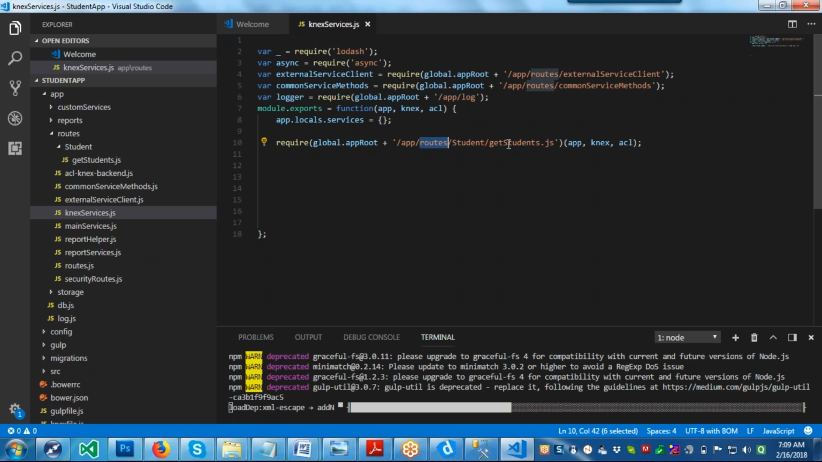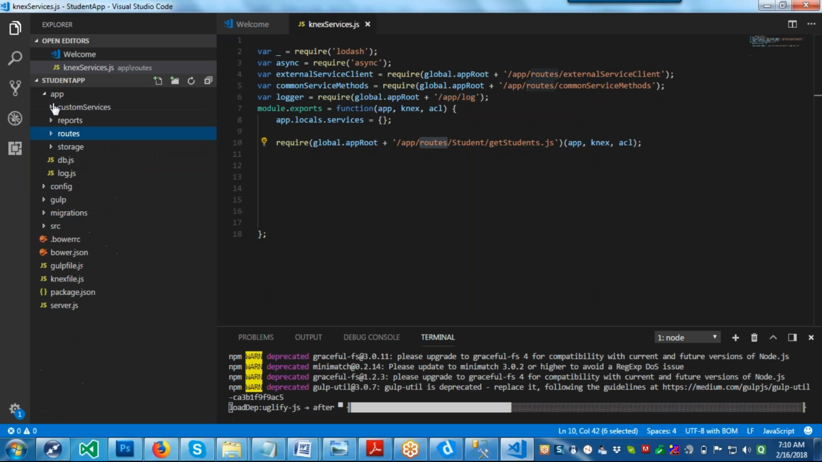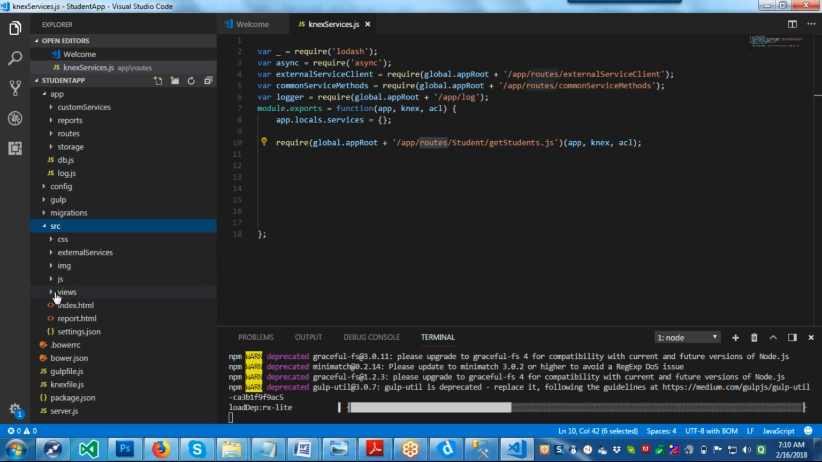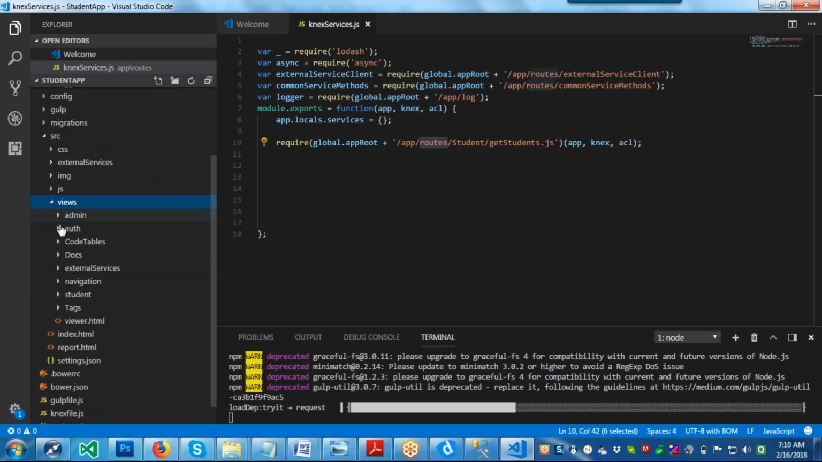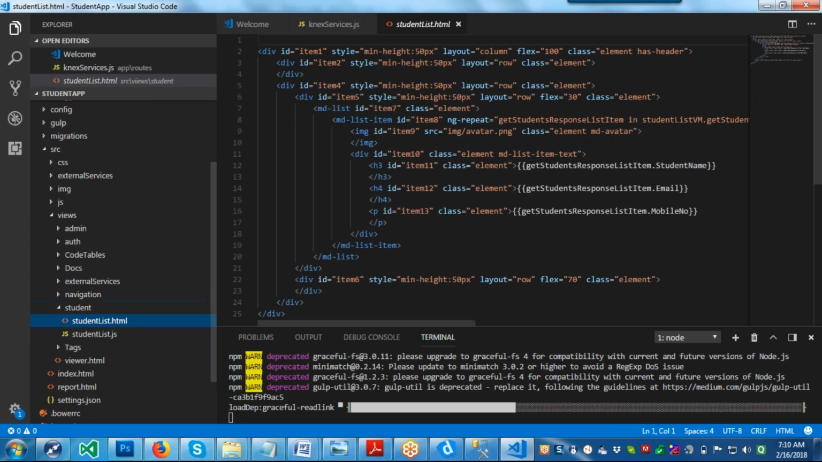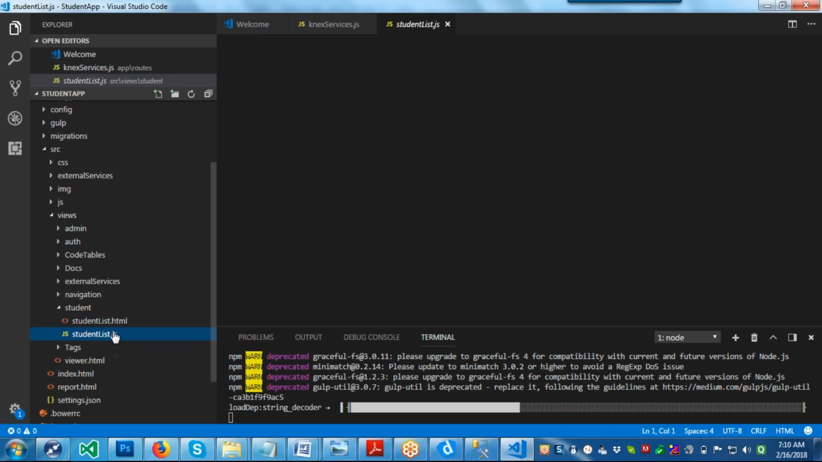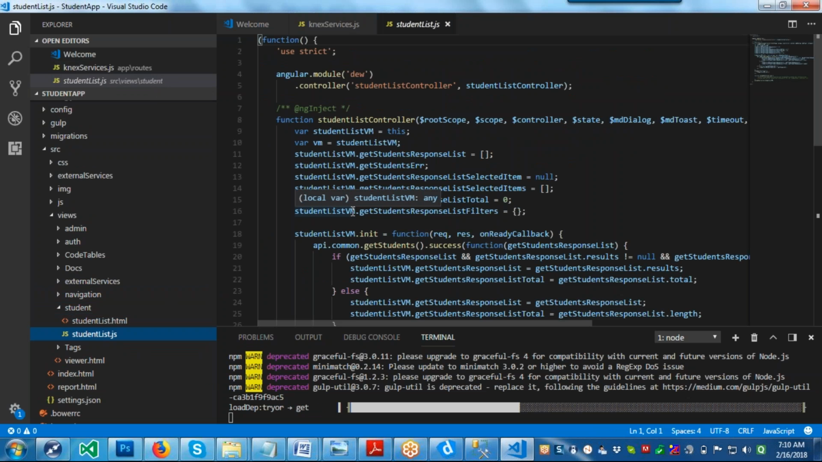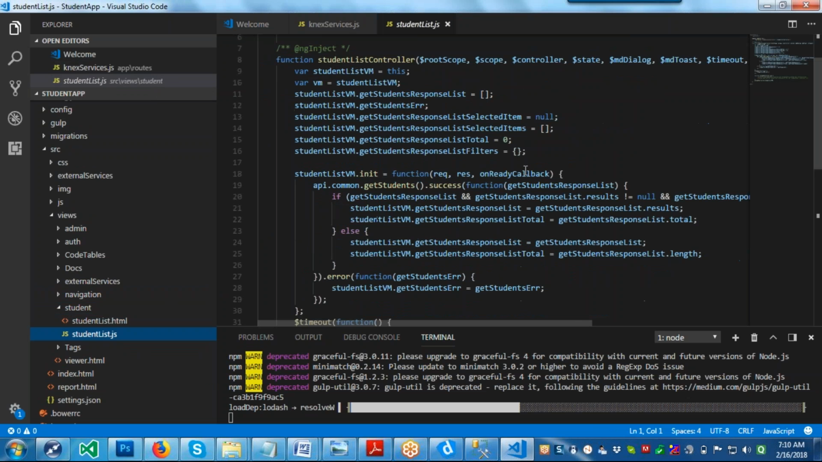Okay. Now can you expand SRC? At the bottom there is a folder called SRC, right? Minimize this one, minimize the app also. Okay, in SRC click on views. Okay. So in views, student, yes. Here there are two files, one is an HTML, another one is a JavaScript file. Okay, sir. So all your controller code is written in studentlist.js, and all your HTML code is written in